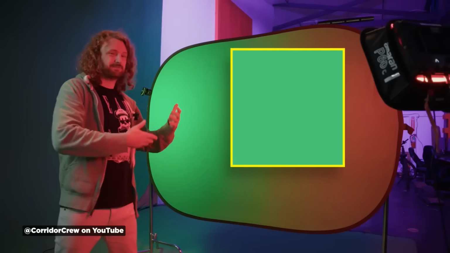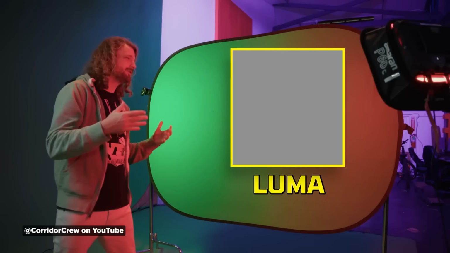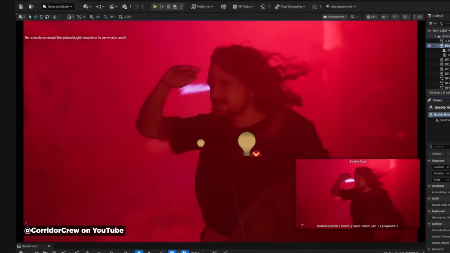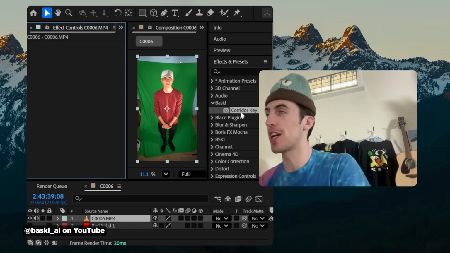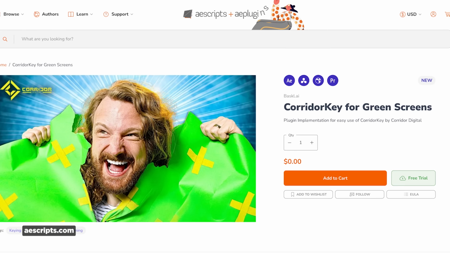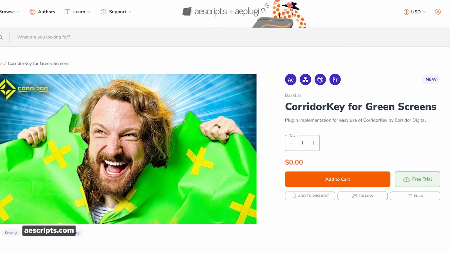So to kick things off, we have two After Effects plugins that dropped this week, and both are free, so let's run through them. First up, CorridorKey. We reported just last week that the Corridor crew built and open sourced their own AI keying plugin based off their own training data. And already someone has wrapped it into a proper plugin for After Effects, Premiere, DaVinci Resolve, and Nuke. It's completely free and you can find it over at aescripts plus aeplugins, so no excuses